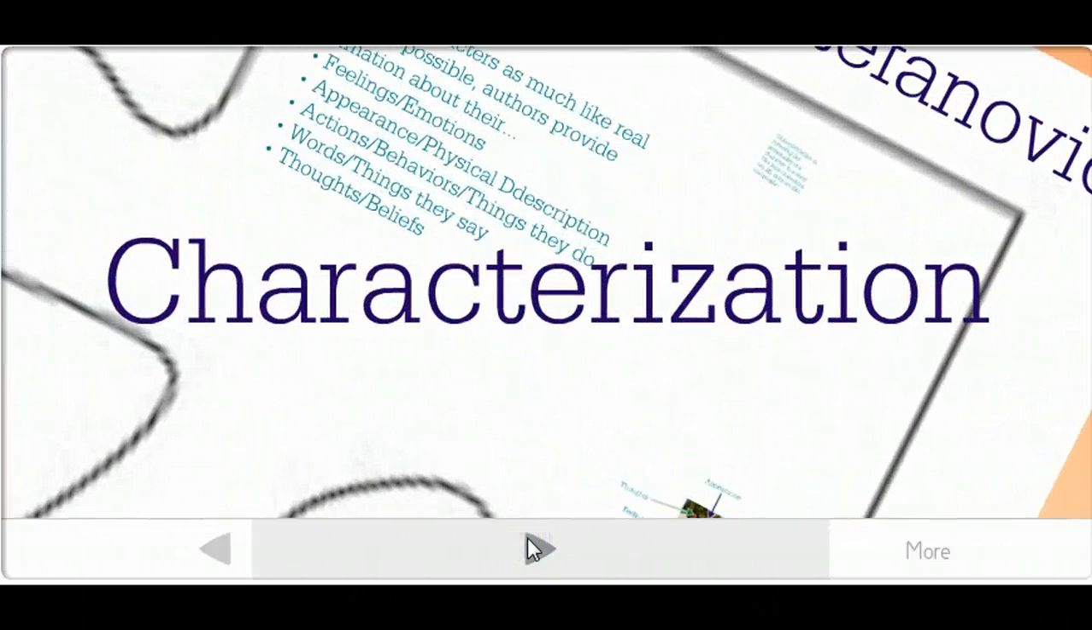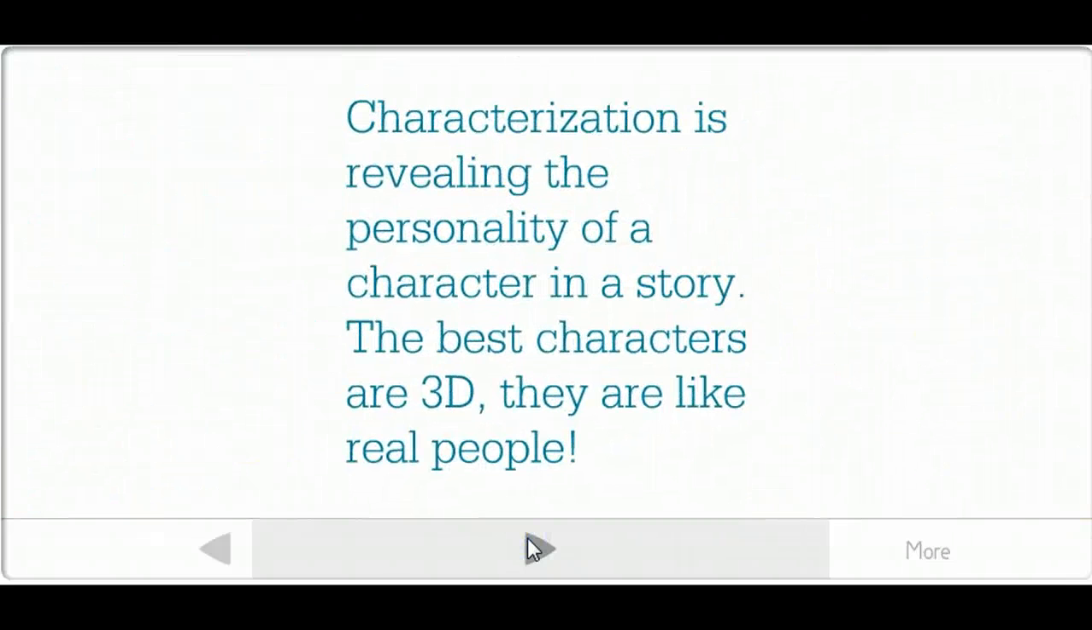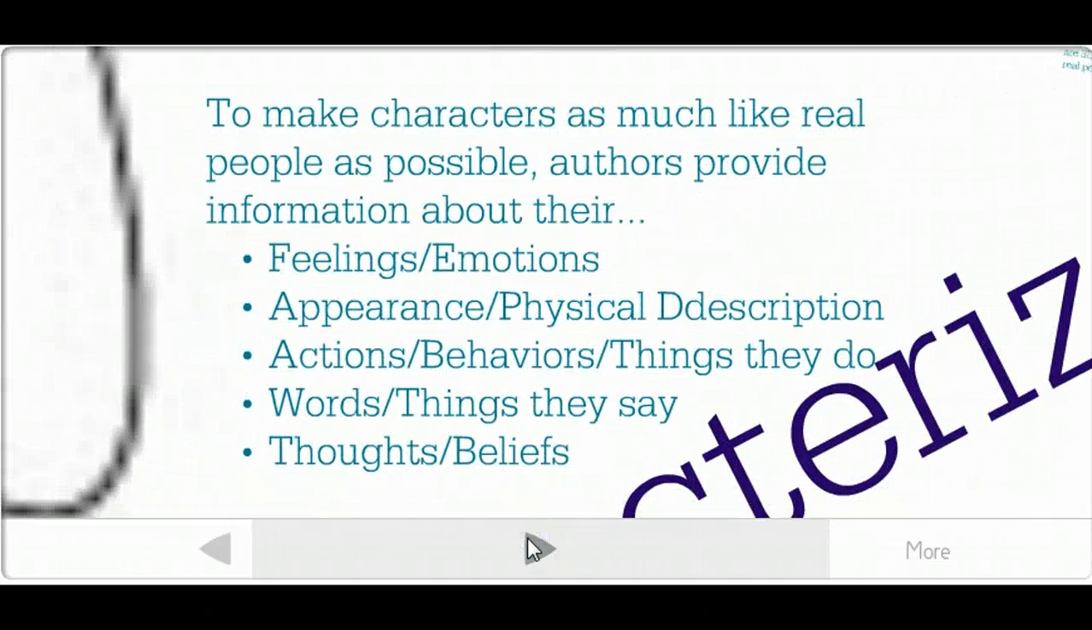The next is characterization. Characterization is revealing the personality of a character in a story. The best characters are 3D. They are like real people. To make characters as much like real people as possible, authors provide information about their feelings and emotions, appearance or